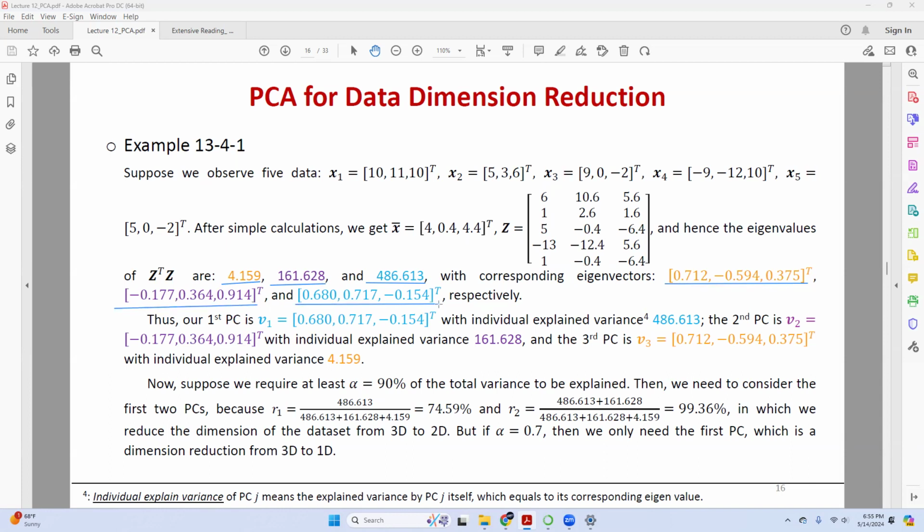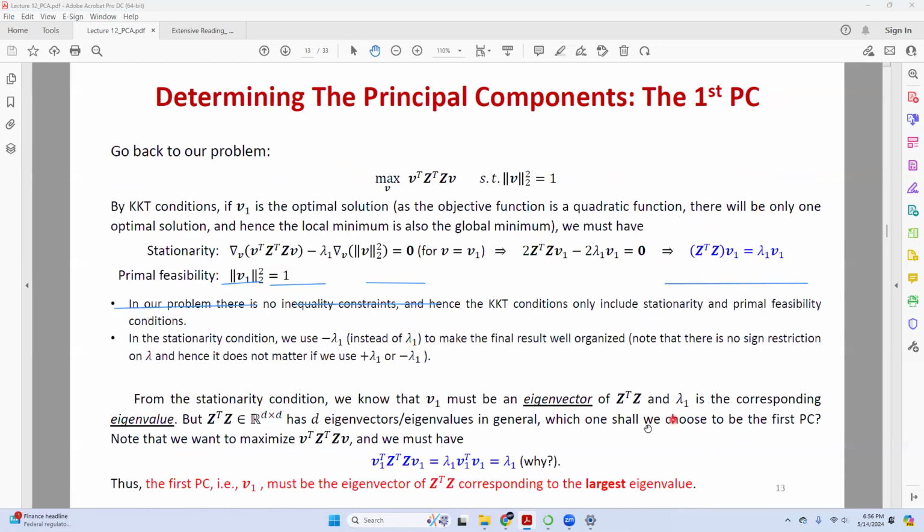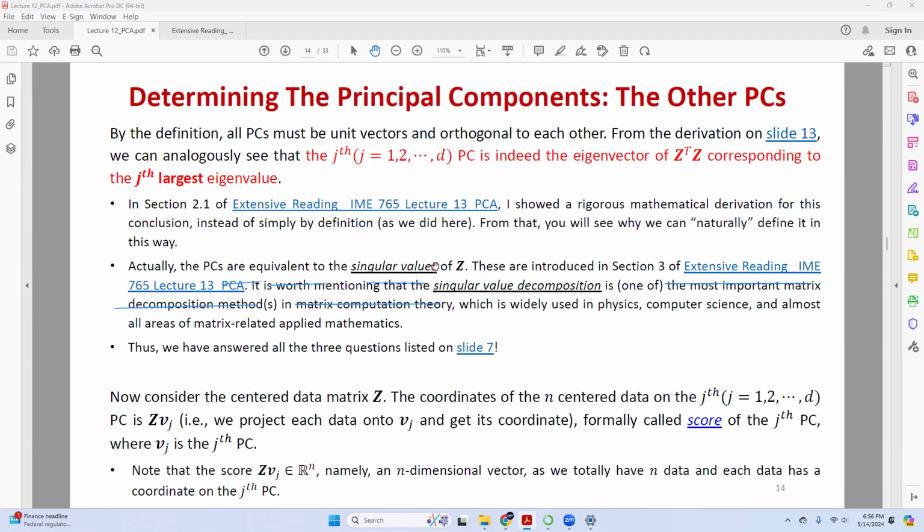Now let me ask you, which one should be my first principal component, the first PC? We're going to see the biggest eigenvalue, right? Why? Because as we mentioned, to maximize this objective function, the objective function happens to be the eigenvalue.